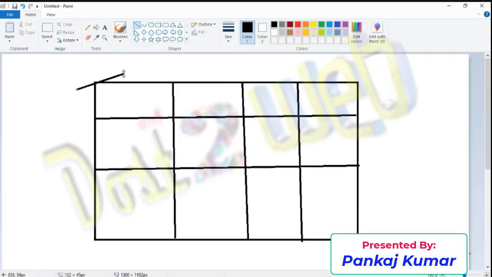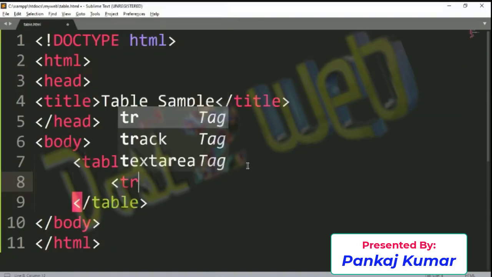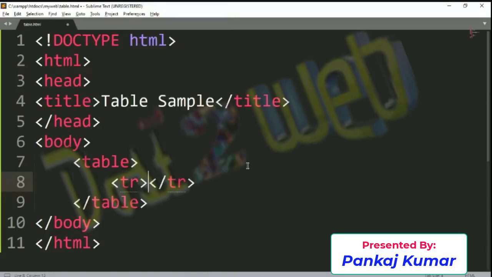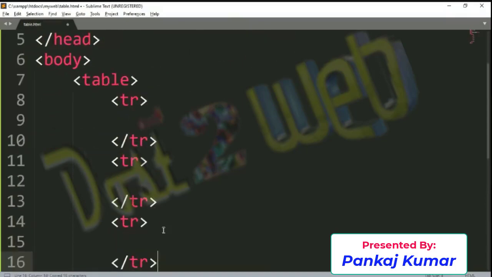Then what we need here is first the table, and you need 1 row, 2 rows and 3 rows. Each row will have some table data. So the first step is to create a table row. As many rows as you want, you can just use the same way. I'll use 3 here. Now in each row you'll have some data, right?